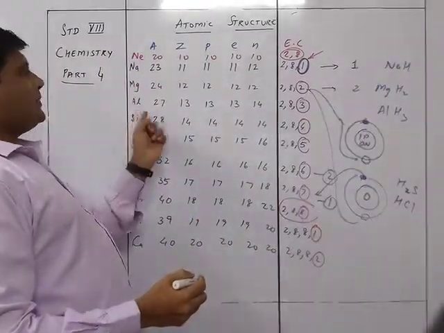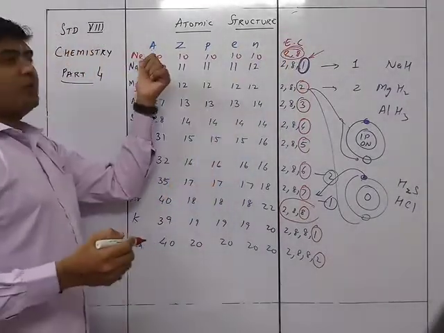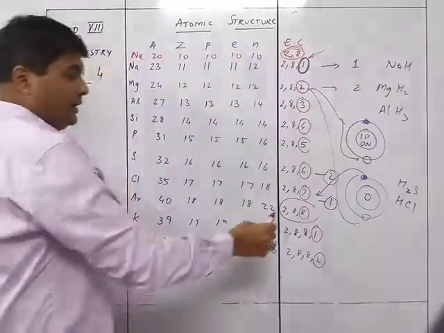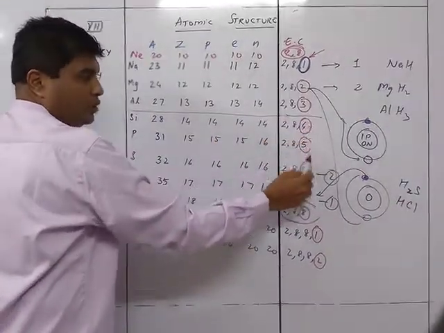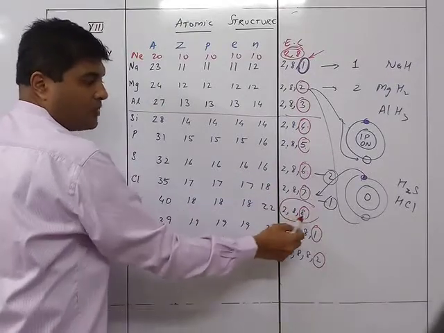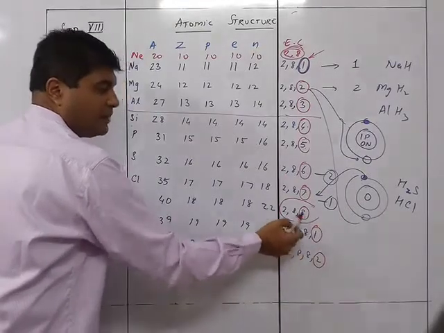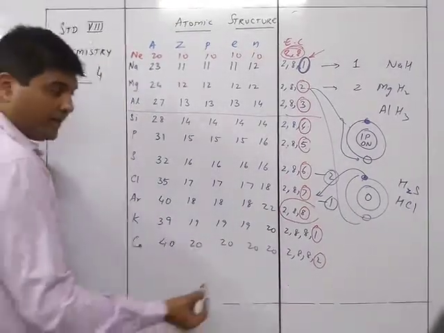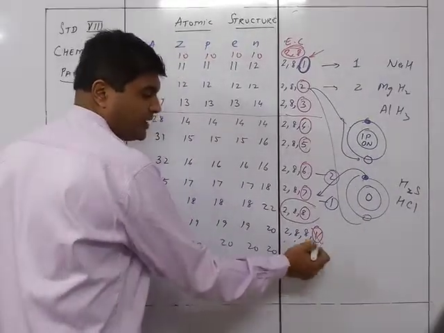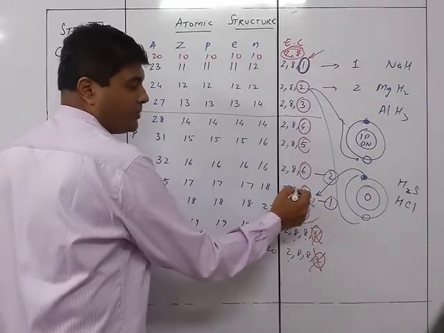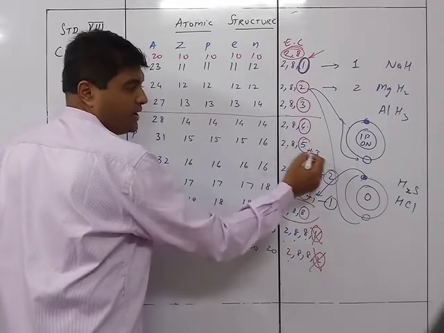So sodium, magnesium, aluminum are going to give away 1, 2 and 3 electrons and become something with electronic configuration equal to neon. That is the nearest noble gas. From here, that is from silicon onwards, these 4 will try to become 2, 8, 8 by taking electrons. These 2 are going to give away electrons and become like this. This is going to lose its electron and become 2, 8, 8. This is going to lose 2 electrons to become 2, 8, 8. This is going to gain 1 electron to become 2, 8, 8. Gain 2 electrons to become 2, 8, 8. This is going to gain 3 electrons for 2, 8, 8.